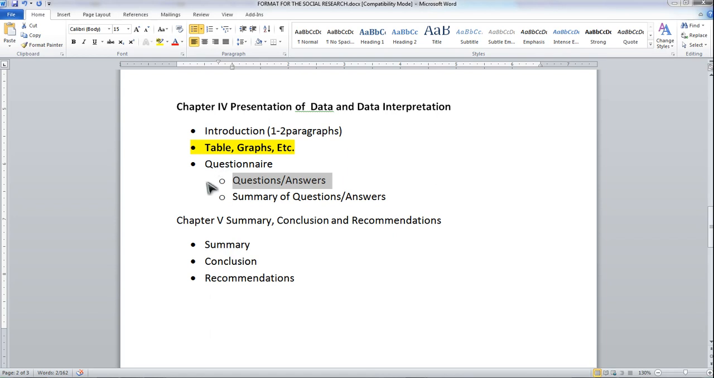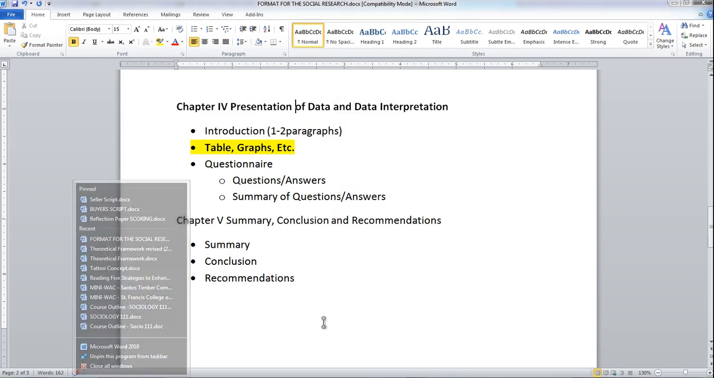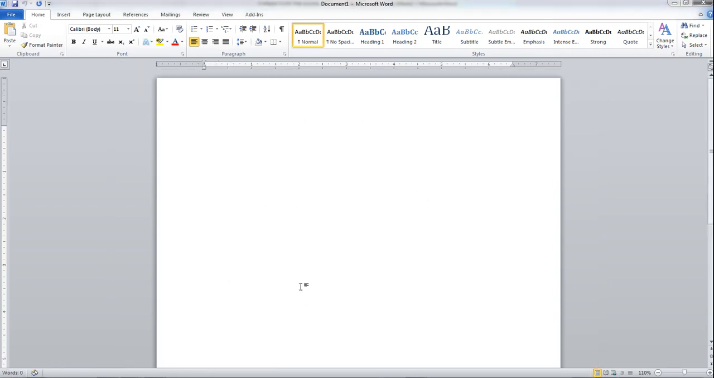Alright, let's go back to this part. Let me clarify this part. This is chapter 4, presentation of data and data interpretation. In the presentation of data, you can be very flexible. What you are trying to do here is to present data in the most understandable and the most convenient way. Let's say I'll make a first example using